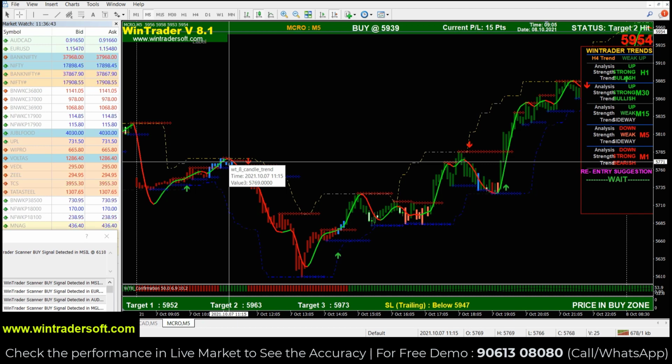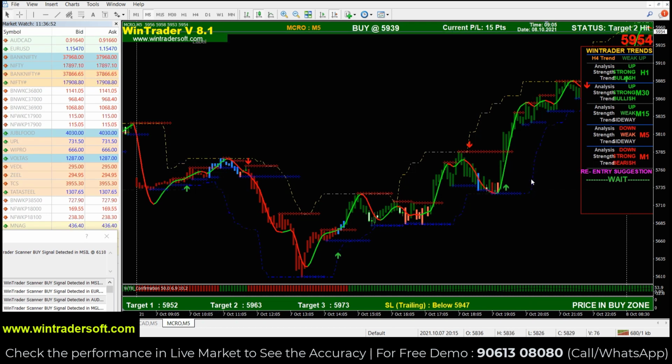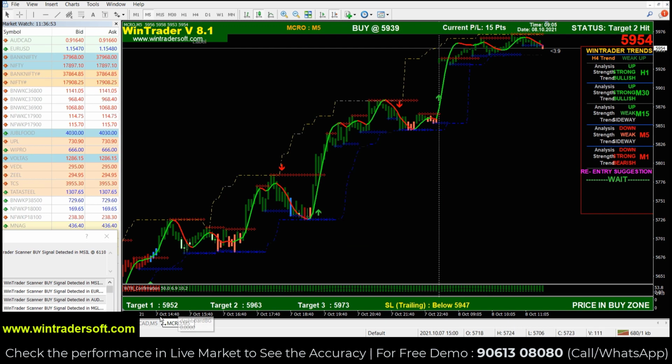We can see how much profit we made. The software supports you in that. Just follow these simple rules. If you enter the trade and exit with the first target, the safe target will be the first target. After the first target, if there is again a chance to go up, we will get a re-entry suggestion. At that time you can enter again. If a re-entry suggestion is generated, you can enter again. The re-entry target comes along with the signal, along with that re-entry suggestion price. So we can exit with that re-entry target.